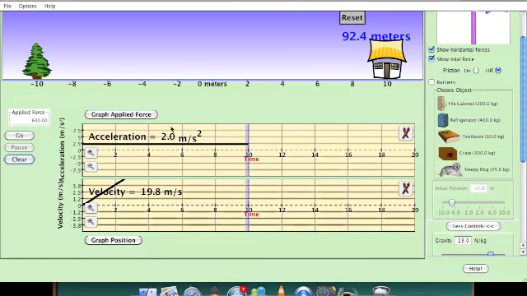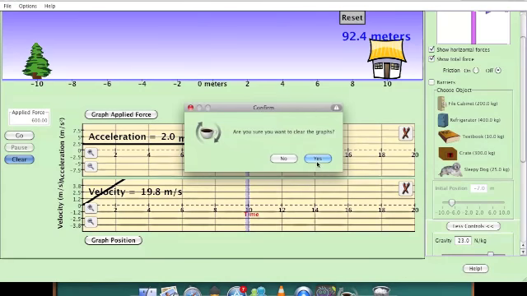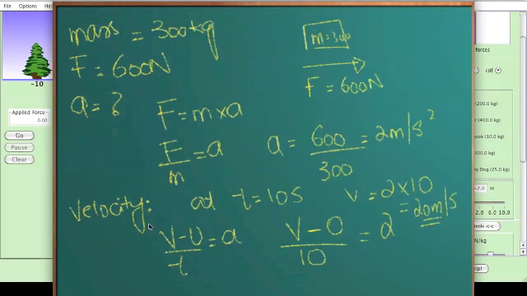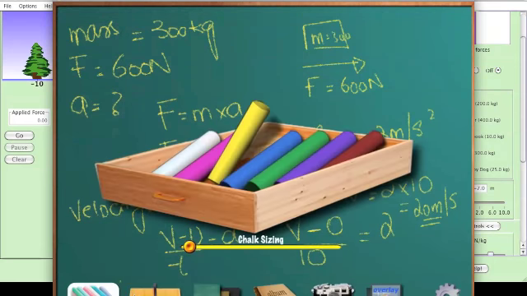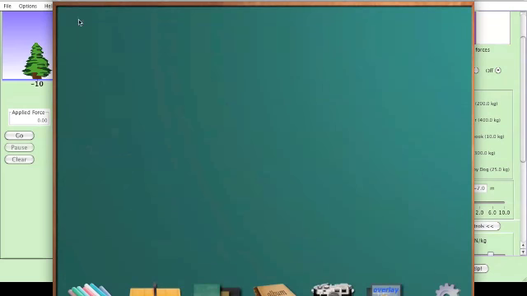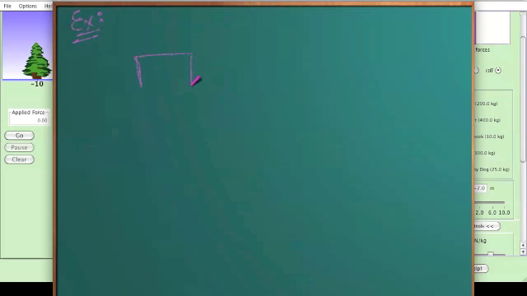Let's add some more fun to this example. Let's say we have the same crate, but now we are introducing some friction in this crate. The mass is 300 kilograms